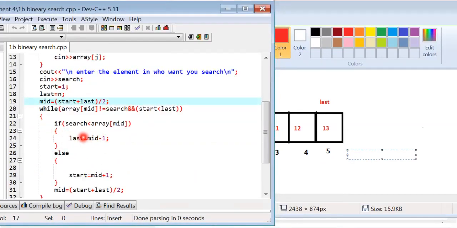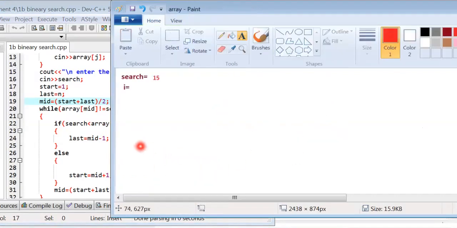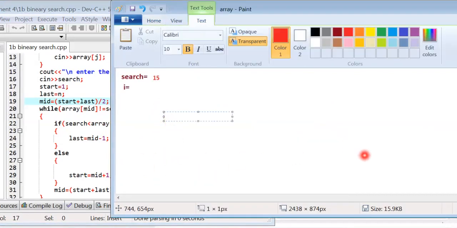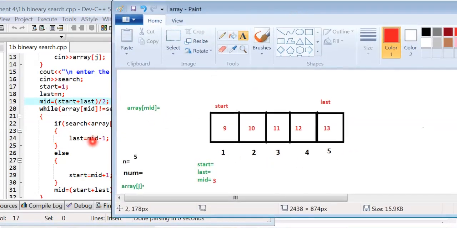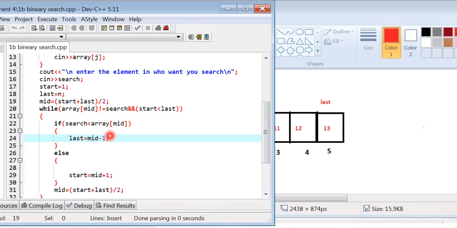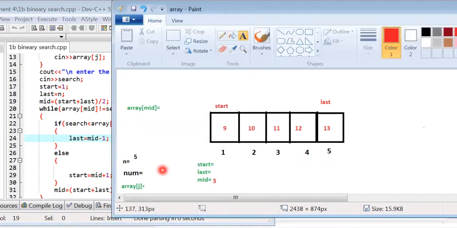Condition check: if search is less than array[mid]. The value of search is 15 and the value of mid is 11. The condition is false, because the value of search is greater than the value of mid.